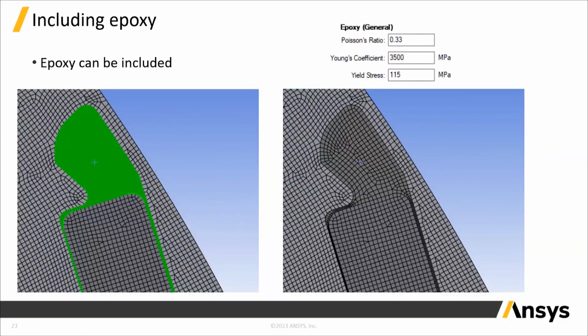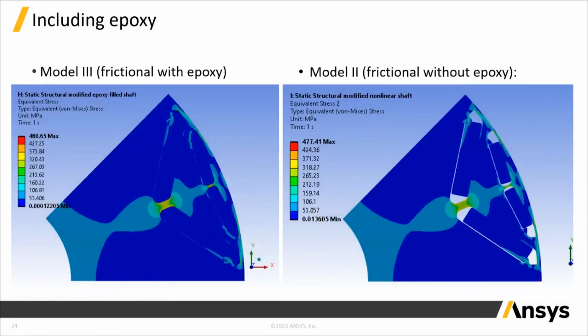How about the effect of epoxy? Some users asked us to include the effect of epoxy. So here we show one model. We fill the gap here with a different material and assign the material property as epoxy. The material properties here are from the MotorCAD material database. Due to the epoxy being a very thin layer between the magnet and the rotor lamination, we need to use a very fine mesh to capture such details, which leads to a larger model and a longer simulation time. And when we look at the results,